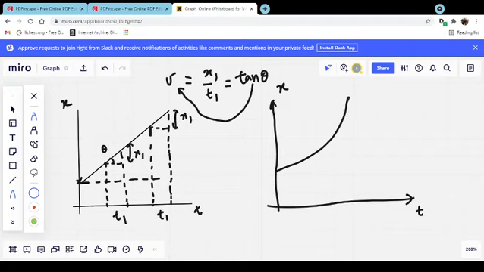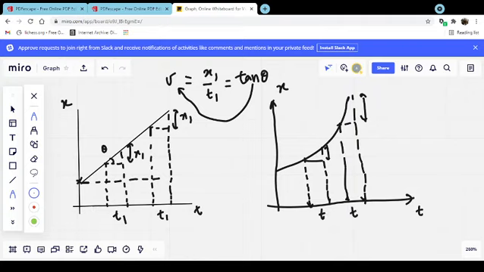So again, if we were to take time intervals like we took in the previous case, it would be pretty evident that if we take equal time intervals, then the displacements are definitely unequal, and this is the case of non-uniform motion. And since it's the case of non-uniform motion, the velocity is not staying the same. So what are the equations which are going to help us in analyzing the second case?